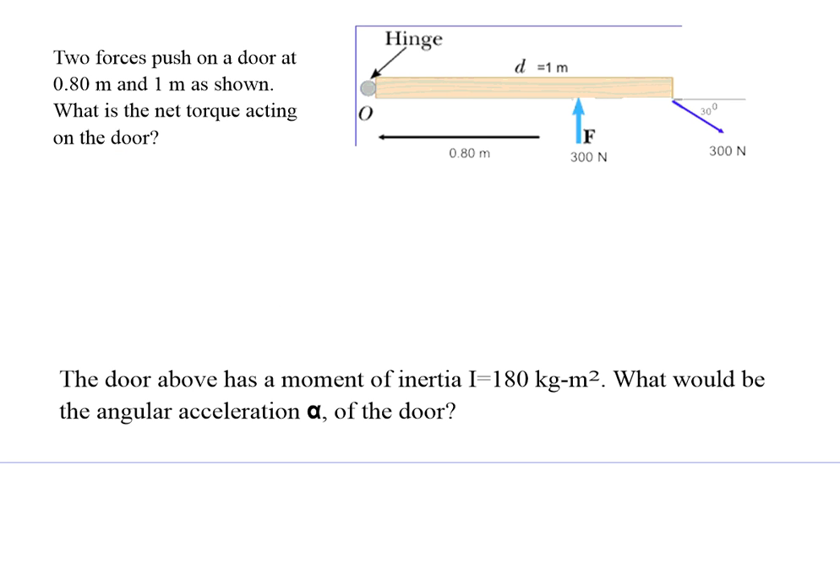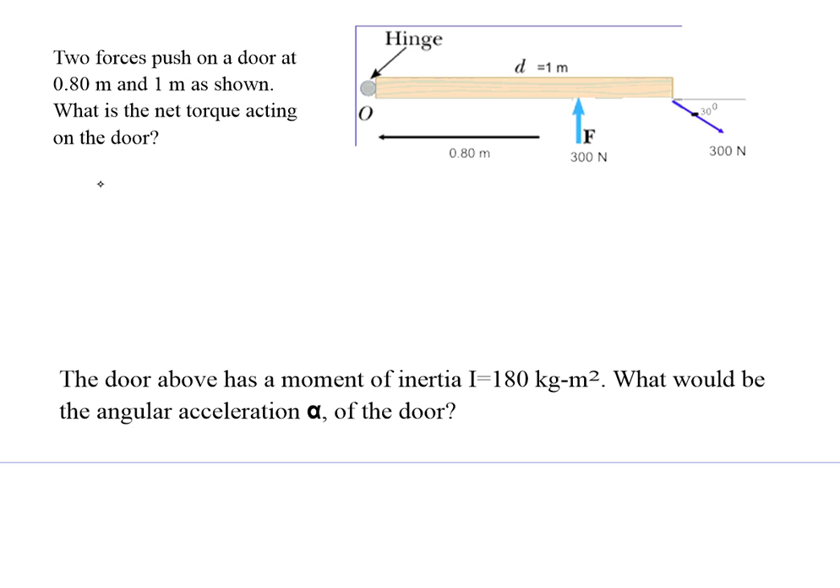So let's take a look at this problem where we have two forces acting on an object. We have a force of 300 newtons pushing up, and we have a force of 300 newtons at an angle of 30 degrees. And the question is, the 300 Newton force here is at 0.8 meters, and the 300 Newton force on the end here is at 1 meter away. So